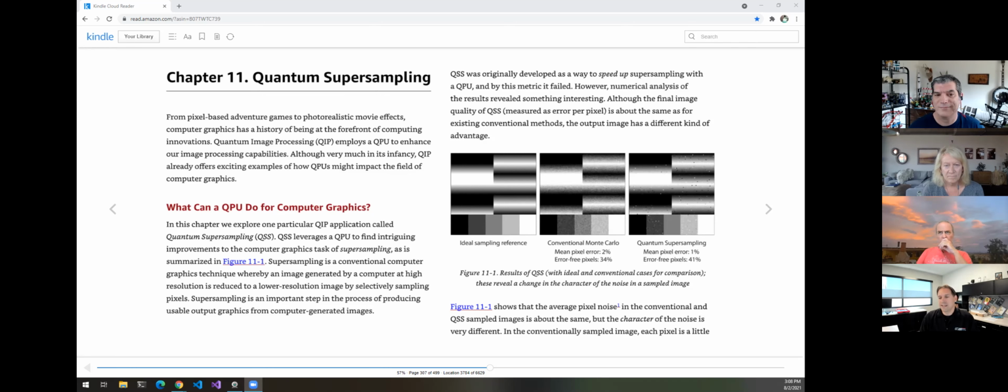And so when you decide, well, if I've got these shades of gray, which pixel am I using? You can't just pick the one right in the middle, because that doesn't offer great results. And so Monte Carlo is one of those methods where they'll randomly pick a pixel to look at. And then quantum super sampling does it a different way. And one thing I like he mentions is